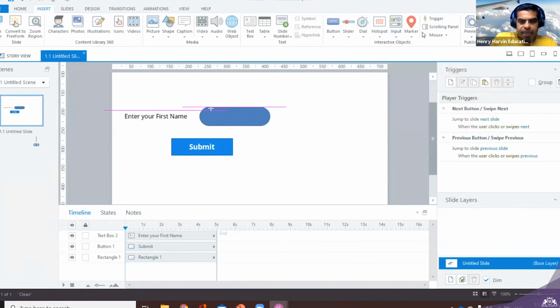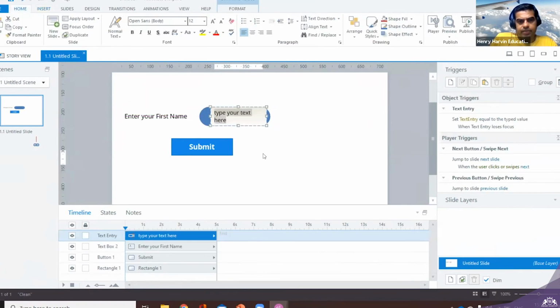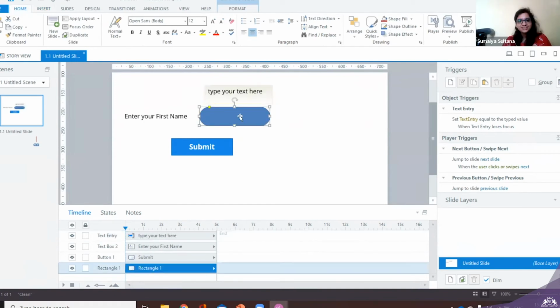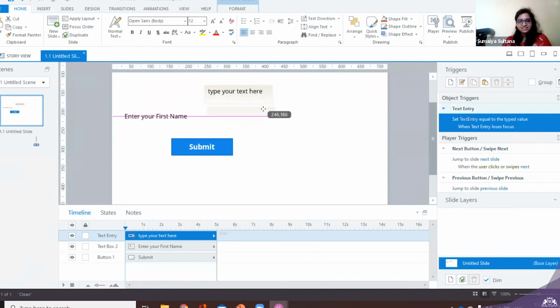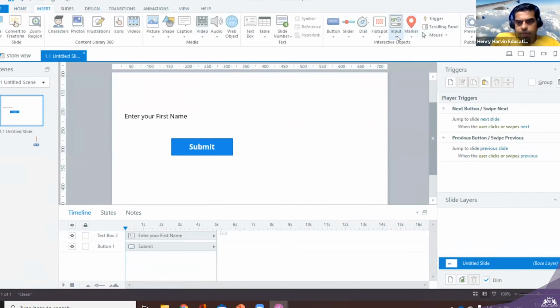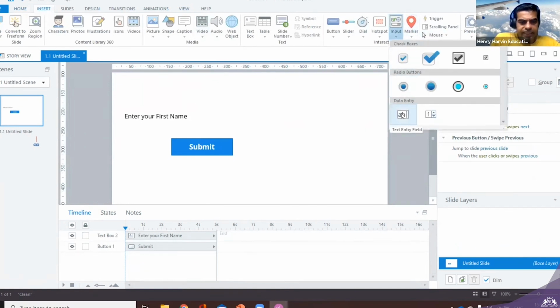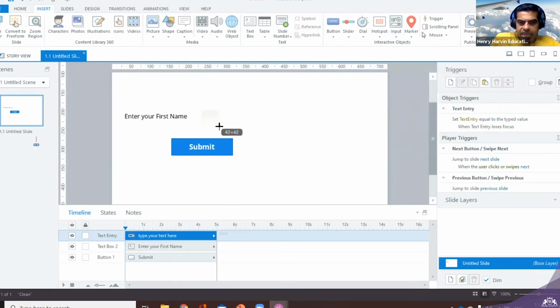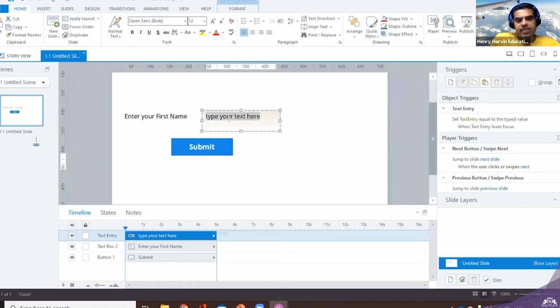I'm clicking it and writing. This is there in PowerPoint also, I think. This thing is known as type your text here. Can you do it once again? I missed it. I'm just keeping the formatting aside. Okay, so what I'm doing is insert, input, text entry. What is a text entry? If you want any details or any value from the users, you can create a text box. This text box will take a value, or maybe you can type something.